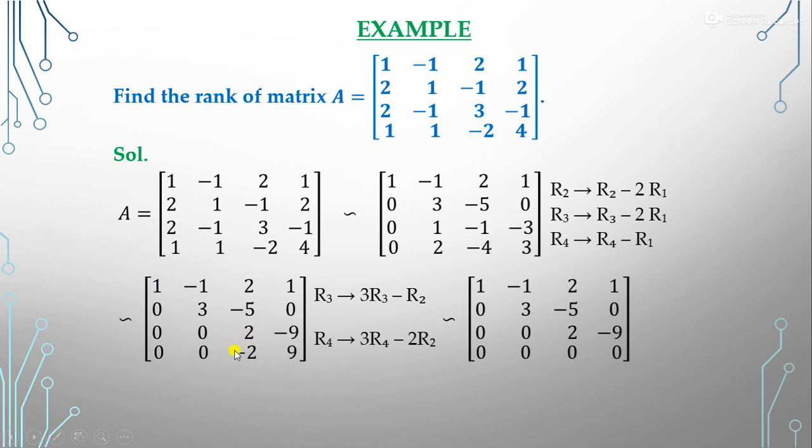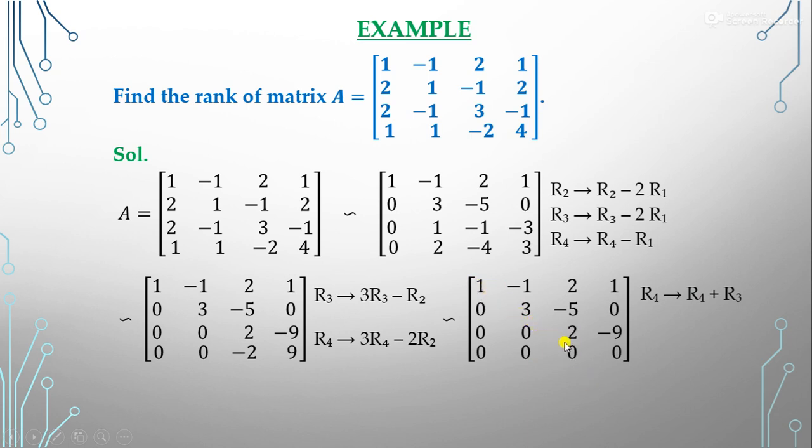After that, our motive is now to make this 0. To make this 0, if we add R3 and R4, we can get this 0. So we use R4 plus R3, because we now need to change R4, right? Because we have to make the elements below the diagonal 0, so to make this 0, we use R4 plus R3, meaning the change is in R4, not in R3. So now it becomes 0.